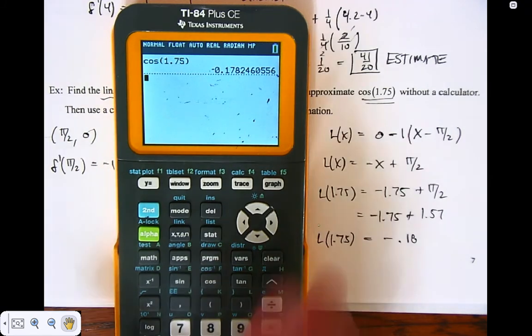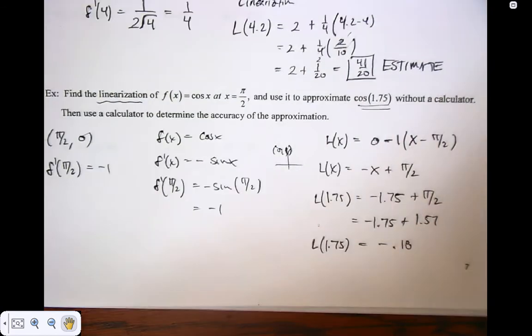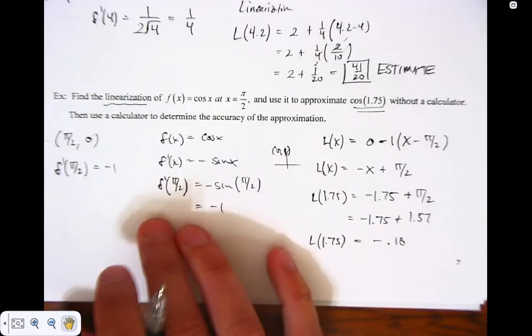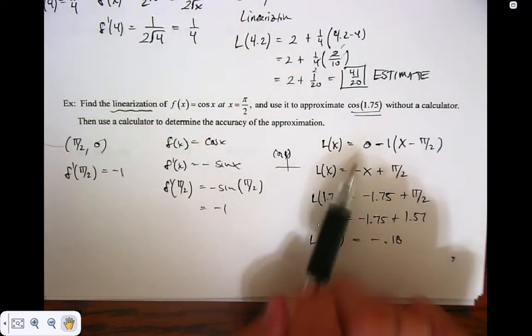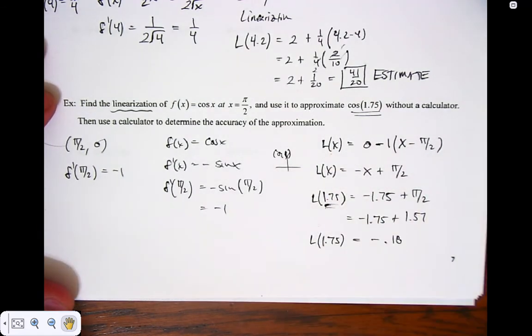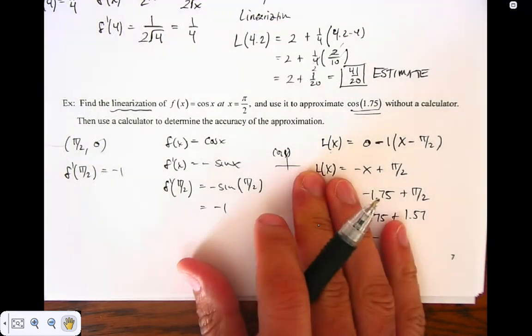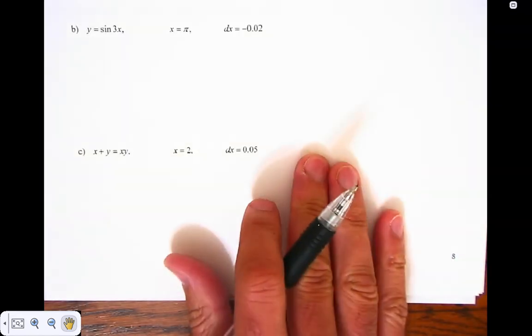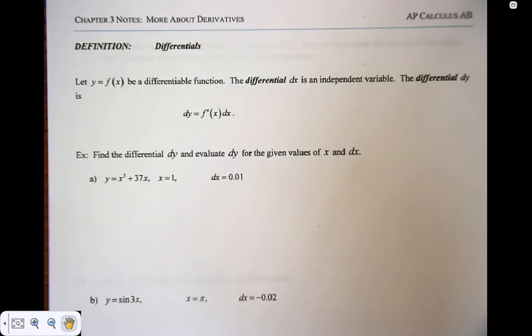Okay, so again, this hopefully doesn't intimidate you, because really all you're doing is finding a tangent line, and then you're not only finding it. We haven't plugged into a tangent line before, but now we're just plugging in a numerical value to come up with our estimate. Okay. All right, looking at the second page of the notes, the next parts are